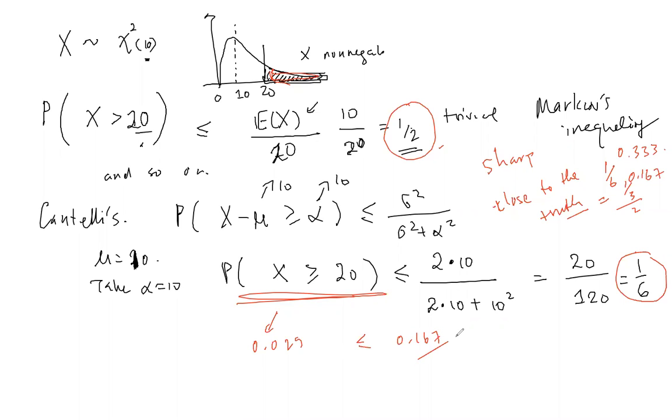Okay, so of course this bound is better than this bound. This is 0.5. Let me put it on a line here. This is 0, so the answer is here, this bound is here, and 0.5 is here. So this bound is definitely sharper, right? Okay, so this is an example.